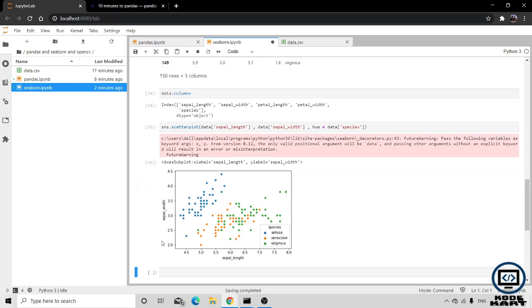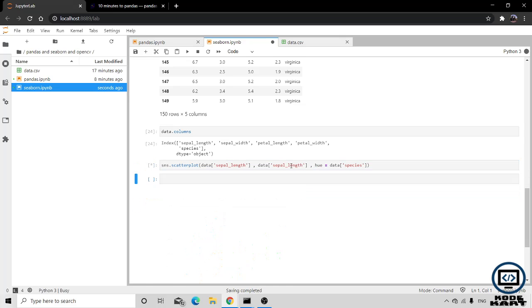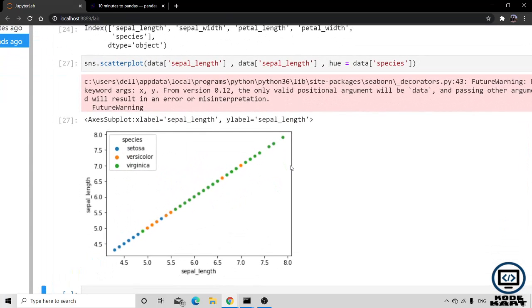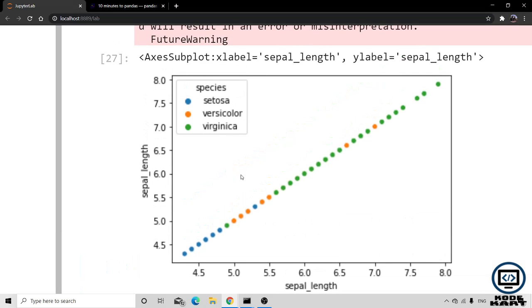Now suppose I generate a line from 2.5 to here, like this, where my mouse cursor is going. If a point is given to you like 3.5 and 5, you can easily say that it belongs to setosa. For better visualization, I think I could give you the sepal length also. Now I think you will get a better visualization in this. By the help of hue, we have generated the species along the sepal length and the sepal width.